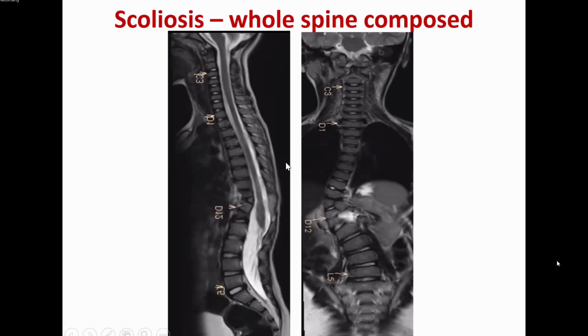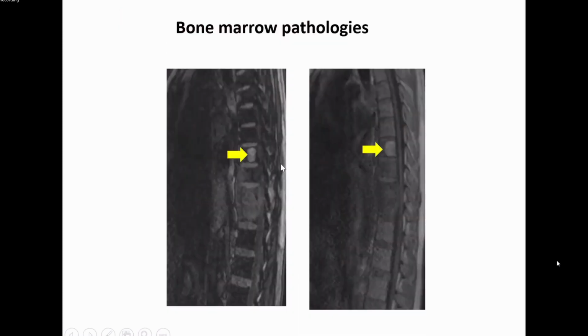Okay? And you do routine sequences T1, T2, and when there is a suspected fracture or trauma, you do STIR imaging, you do diffusion weighted imaging, to differentiate whether it is a pathological fracture or a traumatic fracture. But you should also know when to do in-phase and opposed-phase imaging. Many times the patient is taken off and then called in a different sitting for the sake of one sequence.